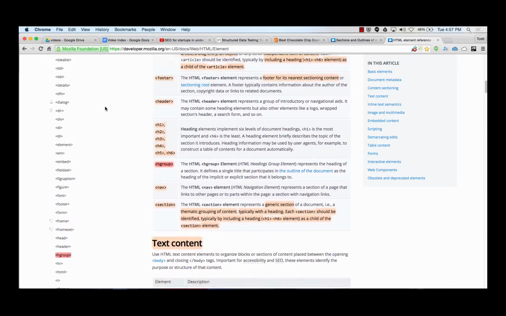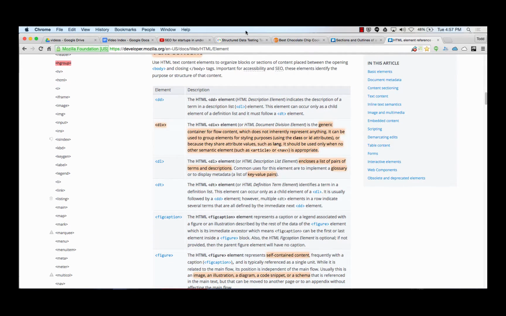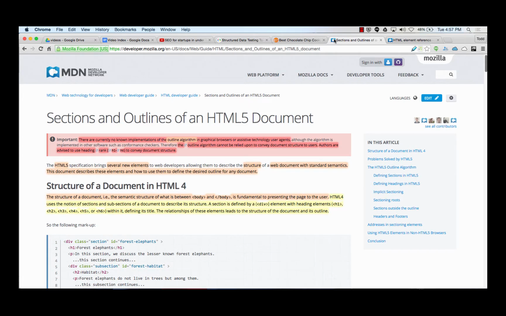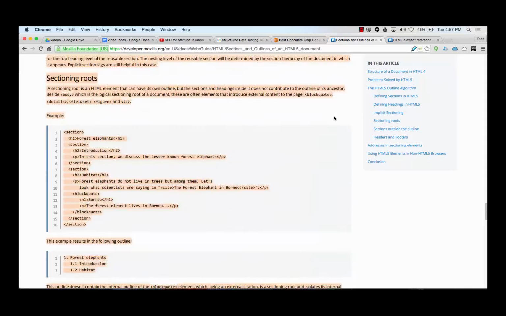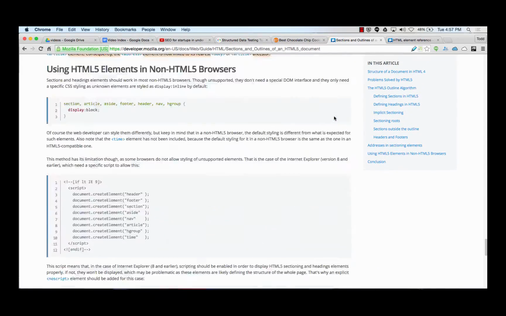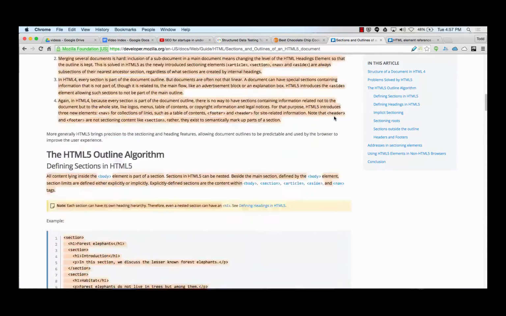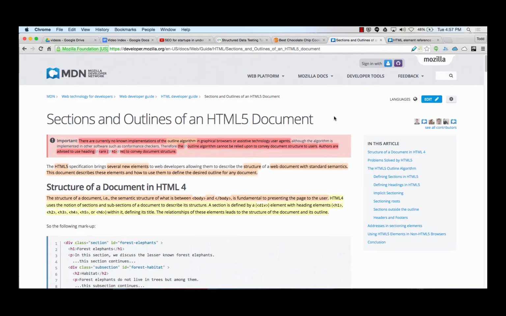Okay, so we're going to section everything up, text content. So content sectioning, and then there's sections and outlines. I start reading about that, and I'm like, well, how do I get all this to work? It must be important. They have some stuff here. They've put a lot of effort into it. There are some articles out there on it. It's not a really big topic, but